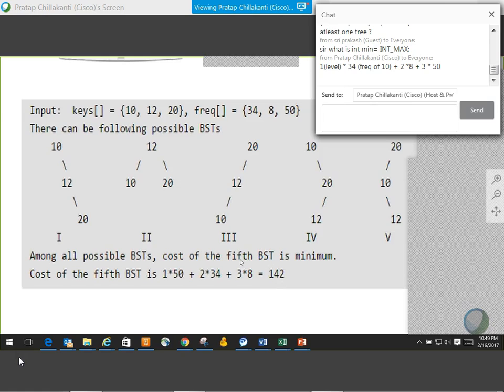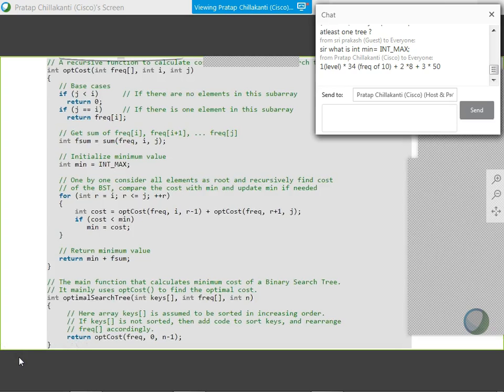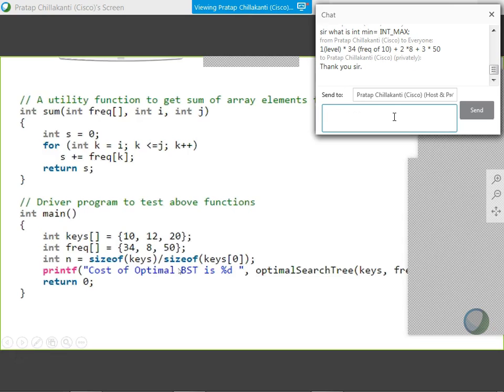Okay, now I go back to the code because somebody asked a question on code. Here the sum is the minimum value, using that to initialize the minimum value. So you defined in the main program, probably you defined somewhere here, int max, right? I know that what happened was I was sloppy.